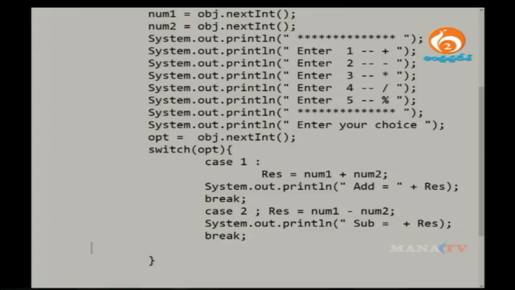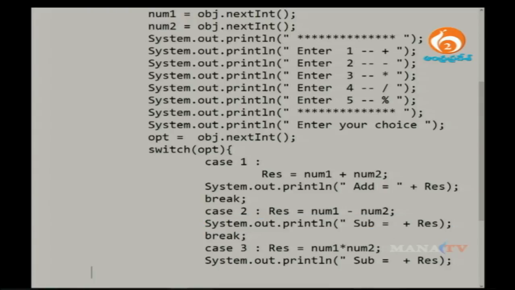Yes. Again let me show you a case. Cases always have a colon, not a semicolon. Unfortunately, if it is a semicolon, then that would be an error in your program, guys. Say case number 3, result is equal to number 1 cross number 2, nothing but you are trying to make a multiplication of 2 numbers. Again I print this result now. Once this result is printed, I need to break this particular case now,